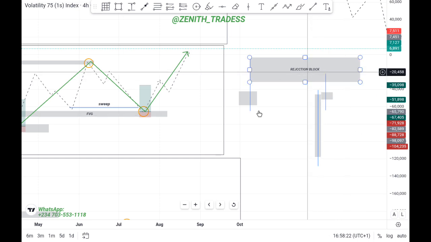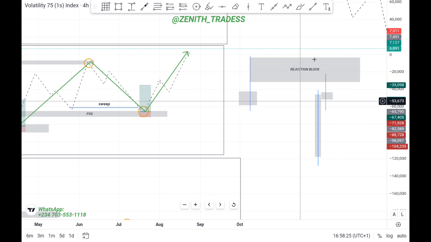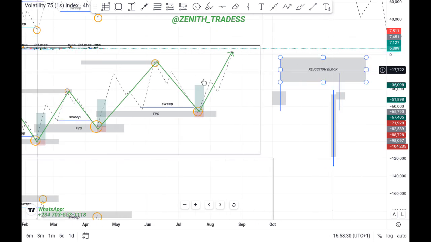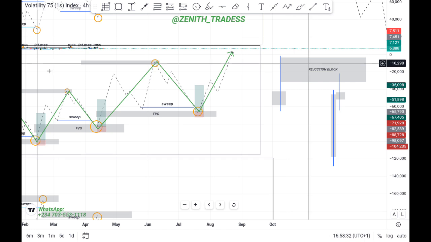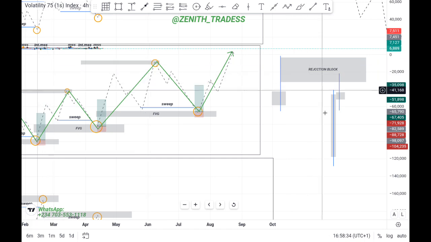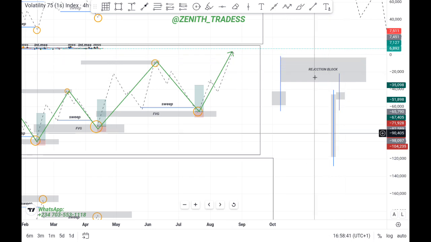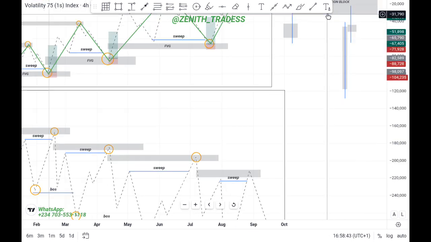Or if you are trading it as a counter trend, right? If you are trading it from a major high, let's say it is an uptrend and you're trading it from a major high, then you should expect it to come from a previous liquidity level like 4H, right, for it to be effective. And you can also see it coming from a rejection block as well. So let me give us some examples. At least you have understood